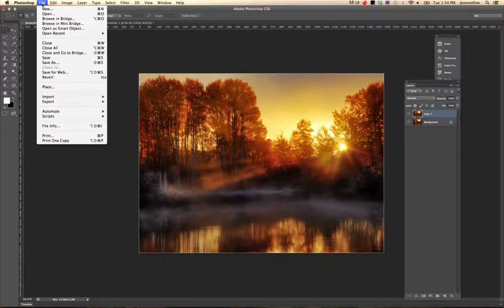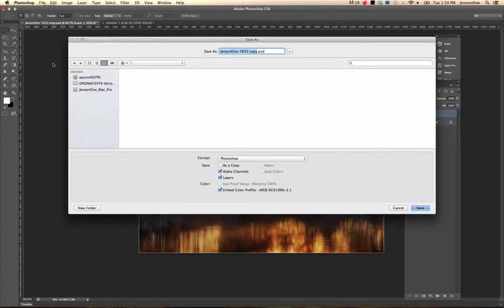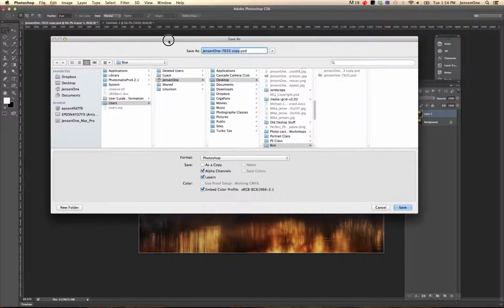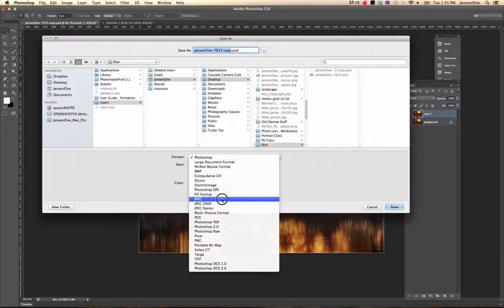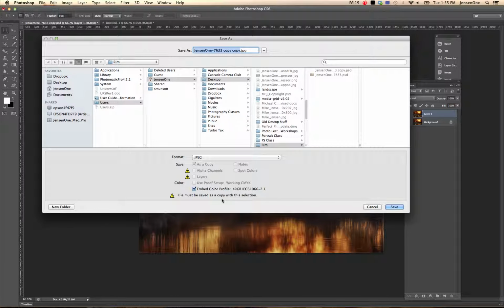So now we click File, Save As, and we're almost ready for the upload portion. Don't forget to click on JPEG rather than the PSD or Photoshop file. I'm not going to cover renaming here. We'll cover that in a different video. Although you can easily rename your file while you're saving it right here. So when I click on Save,